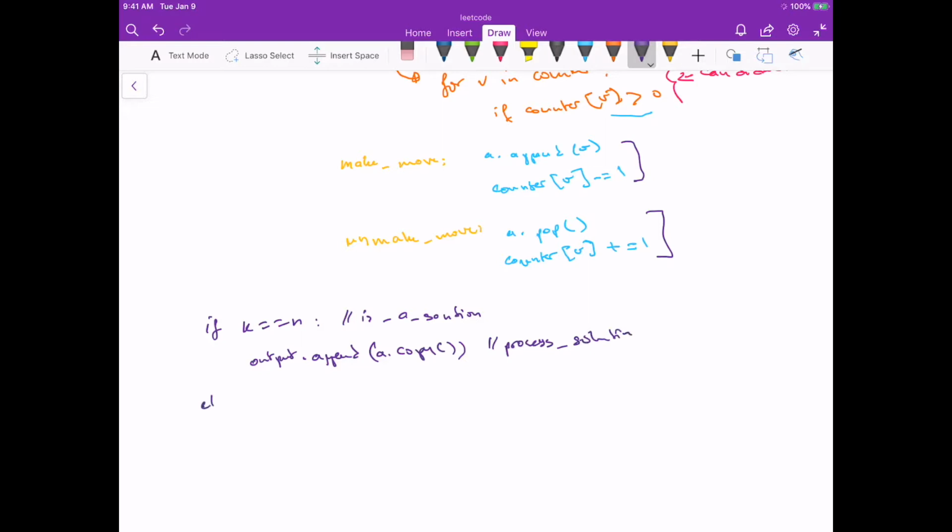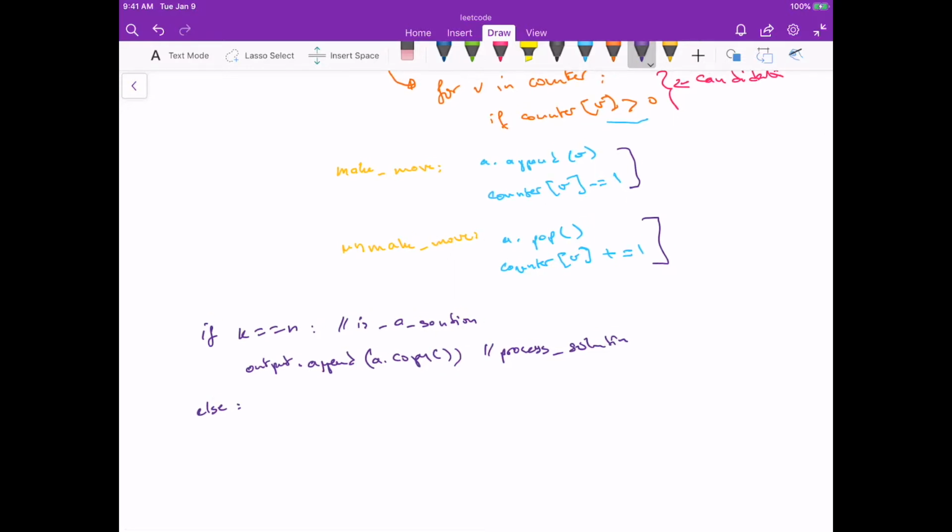And now, you can notice that I'm no longer putting them in functions, because now that we know the algorithm, we can just apply it inline in the template without needing to write functions and then inline it again. And now we can just do else. We are going to go through the values in the counter,